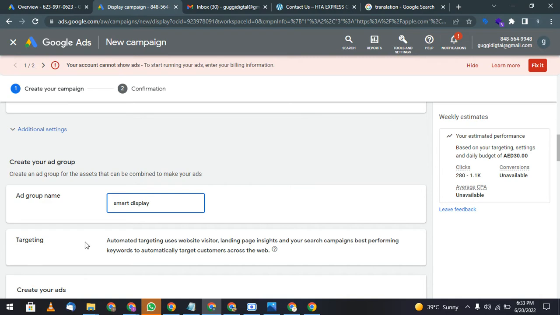Now here they have given the specification. Targeting, automated targeting uses website visitors. They will use my website visitors, landing page insight, and your search campaigns. Okay, they will use the users who are coming to my website through search campaigns, who are coming to my website from any other source. They will target those people and